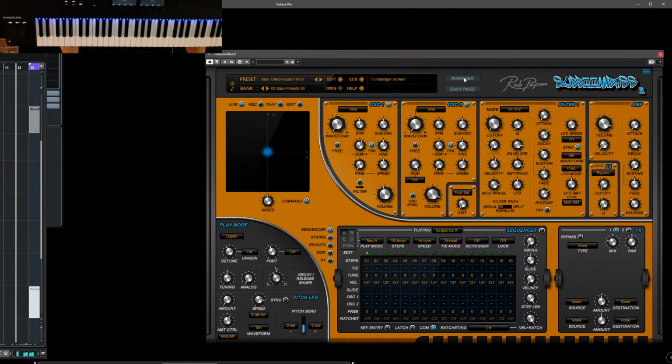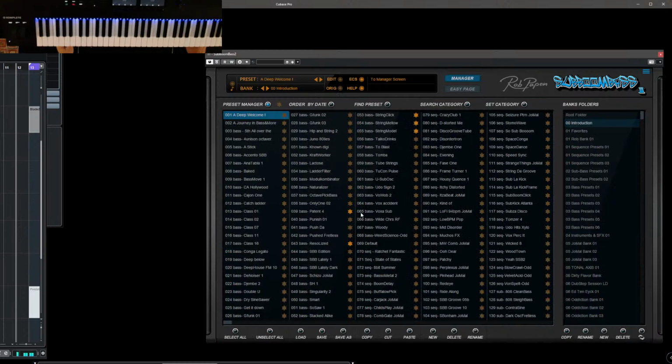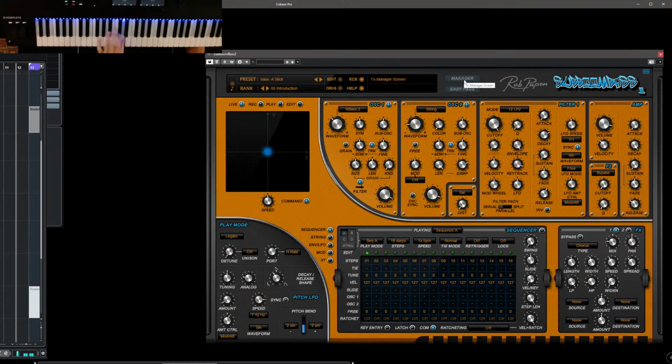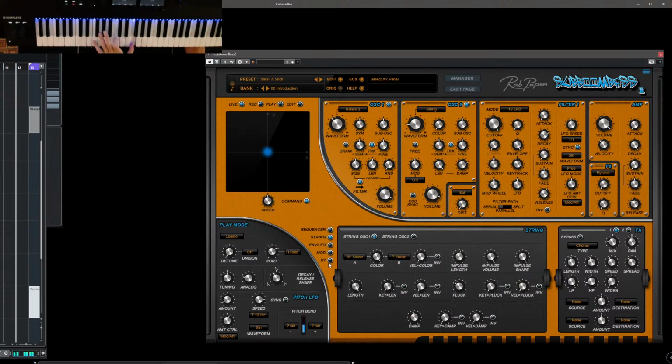And of course, we had this modeled thing, this modeling. So this one is the string model. Okay, oscillator 1 is a real bass, and 2 string model, and combined